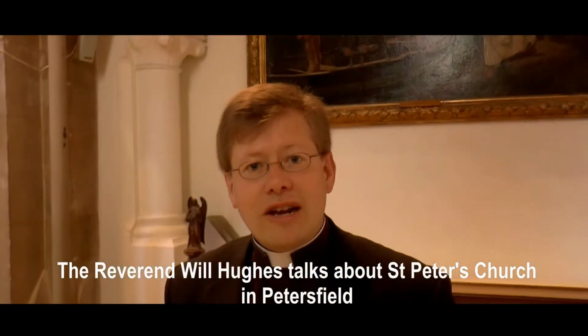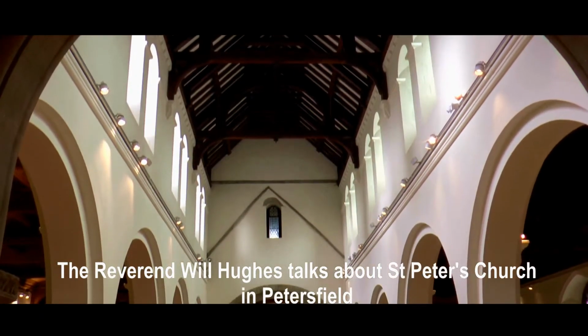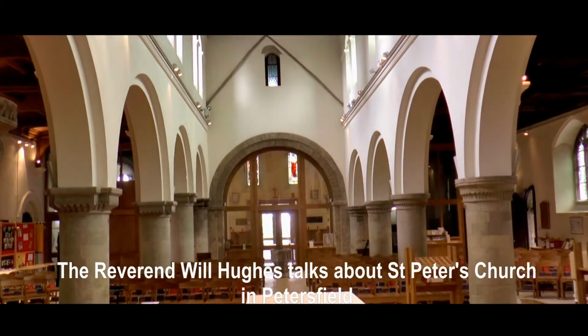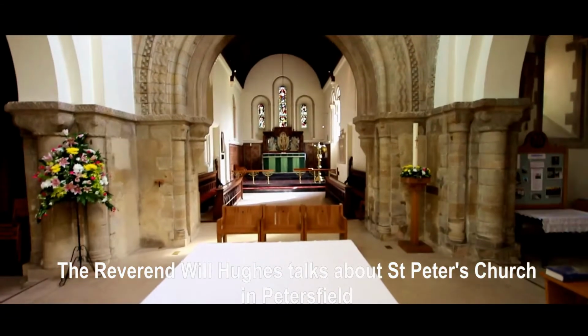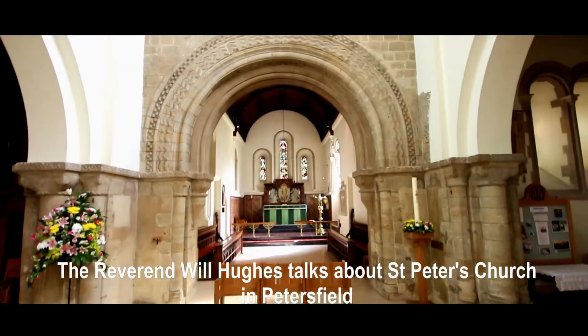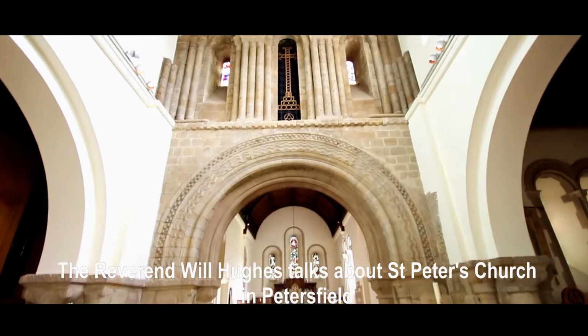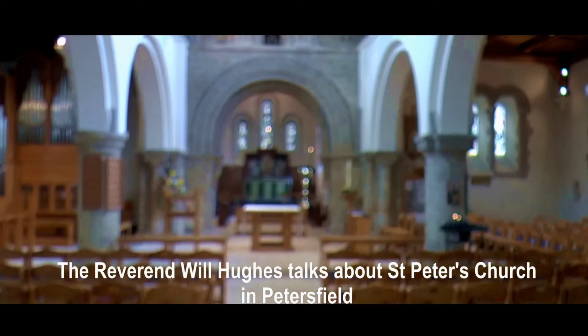St. Peter's used to be a relatively dark building with wooden floors and dark wood pews and memorials all over the walls, but in 2000 it was reordered, and now the memorials are all in the side chapels, and the walls are beautiful and clean and bright. The floor was replaced with this lovely white stone, and the pews replaced with seats. We got the new altar and the lectern, which are both that beautiful pale wood,